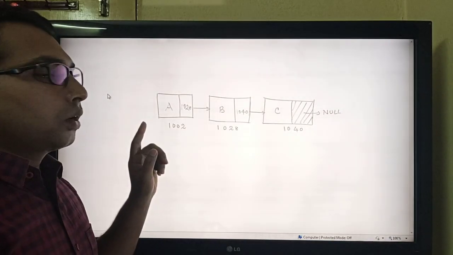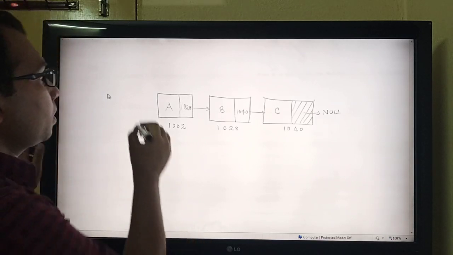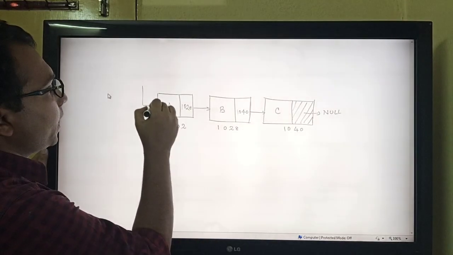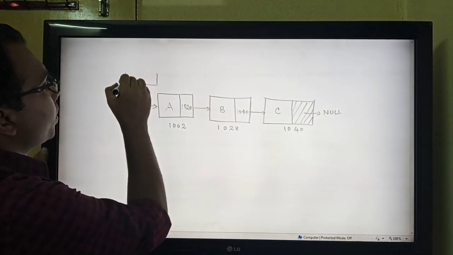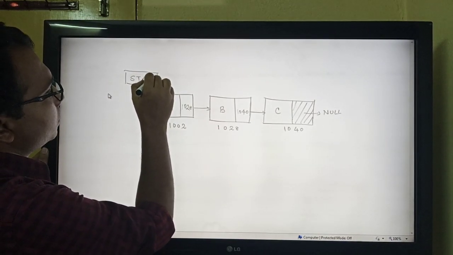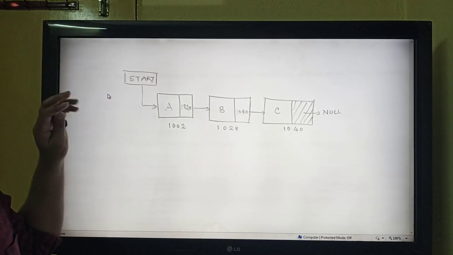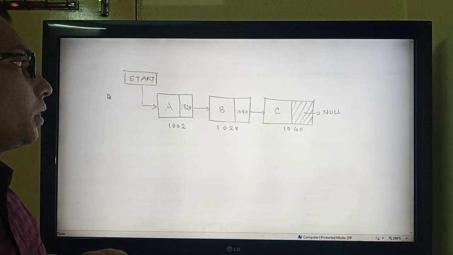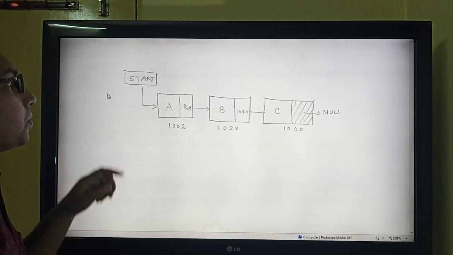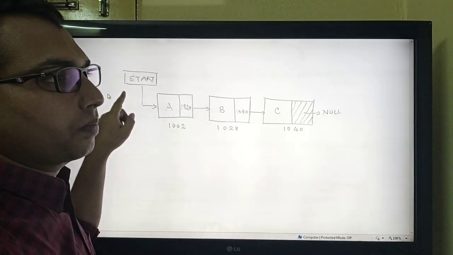Here, to maintain the start of this list, we maintain a variable or a pointer known as start. It may be anything. We can give the name A, B, C, D, X, Y, Z, whatever we desire, but for our convenience we are naming it start because the list starts from here.